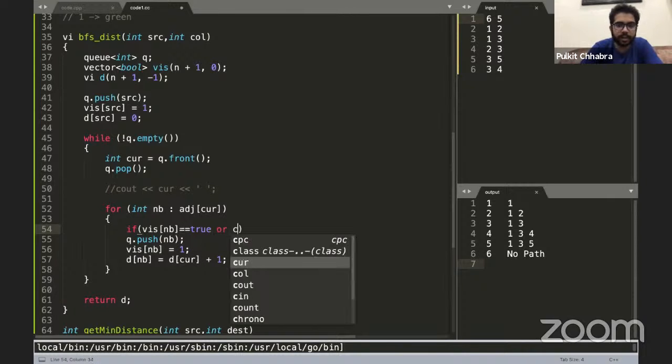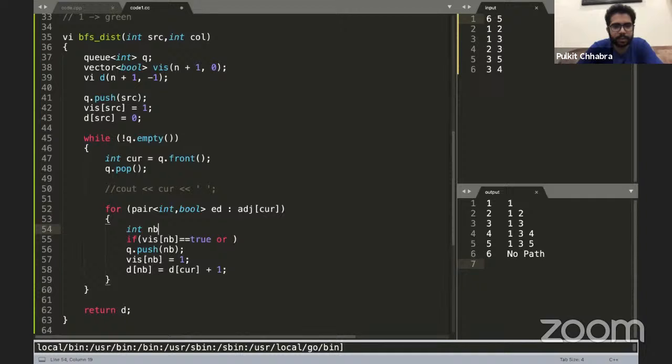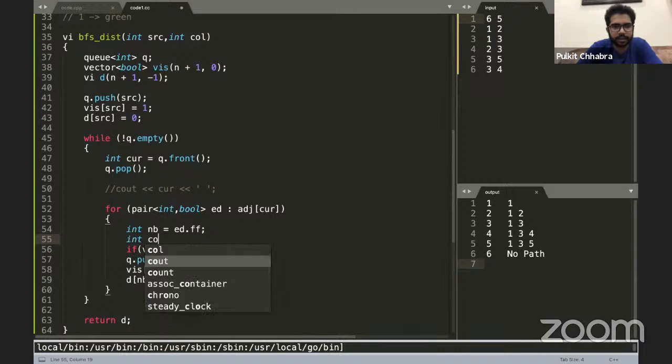or the color of this particular edge, right? So also this neighbor is going to be equal to a pair of int comma bool now. So ed, right? So let's say int nb is equal to ed dot first, and int color is going to be equal to ed dot second.